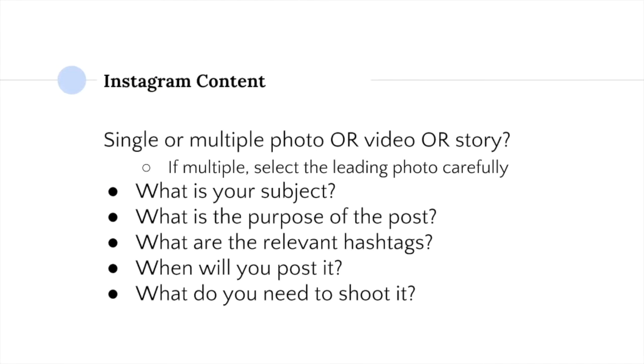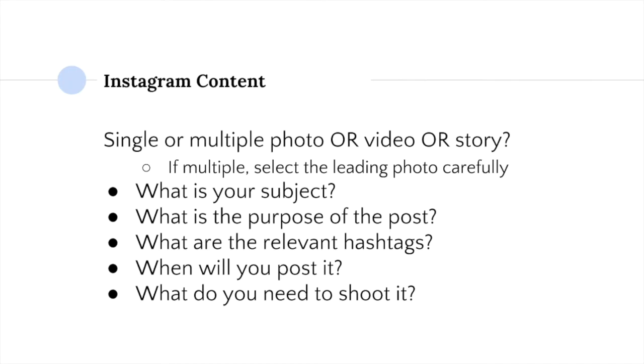So just a little bit further in terms of the photos and the videos and the stories. If you're uploading multiple photos, you want to select that leading photo very, very carefully. The way that you do this is, when you're in your Instagram account uploading a photo from your library, not one that you're taking in the moment, you can click on one photo, and then a little box will pop up that allows you to select multiple photos. You really want the first photo that people see to be the most captivating photo,